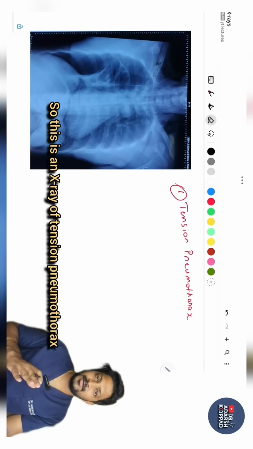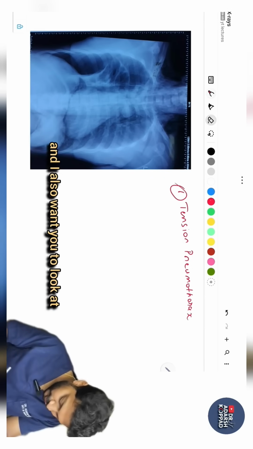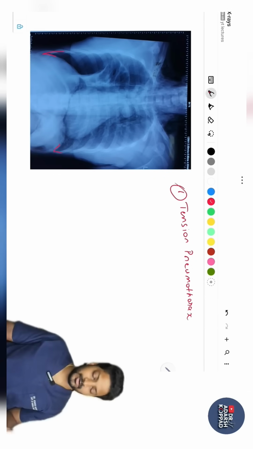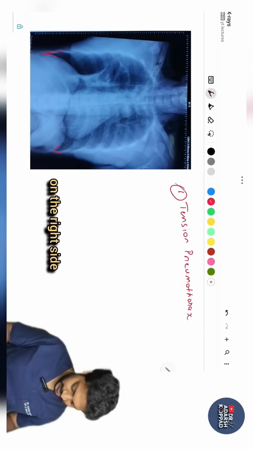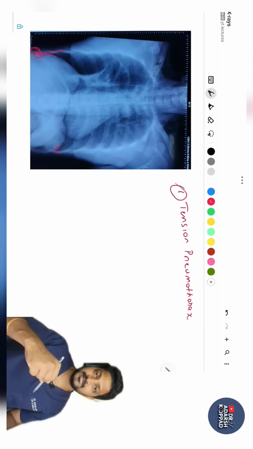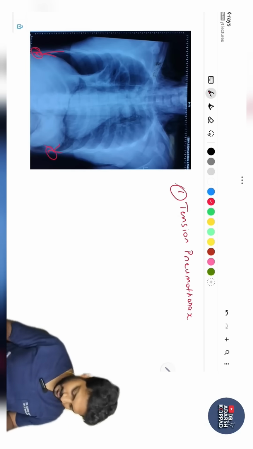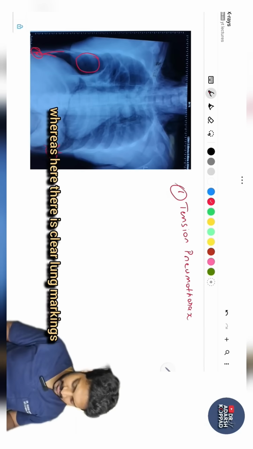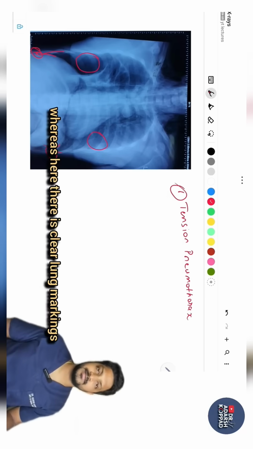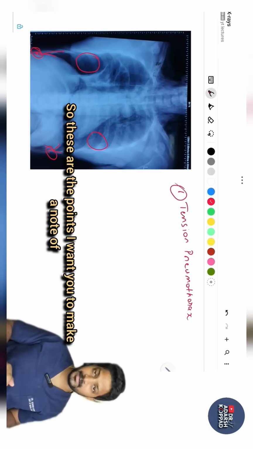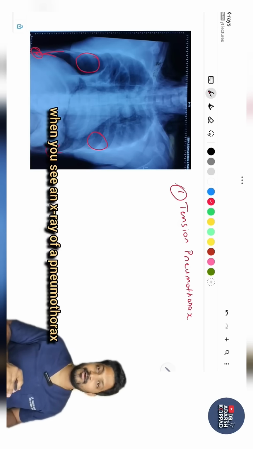So this is an X-ray of tension pneumothorax, and I also want you to look at both the sulcus or the costophrenic angle. On the right side it is very deep compared to the left side, and here there are no lung markings, whereas here there are clear lung markings. So these are the points I want you to make a note of when you see an X-ray of a